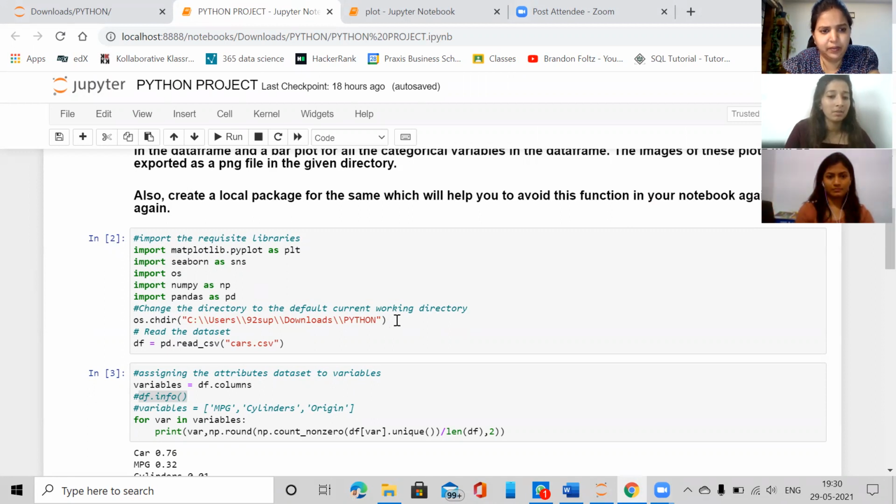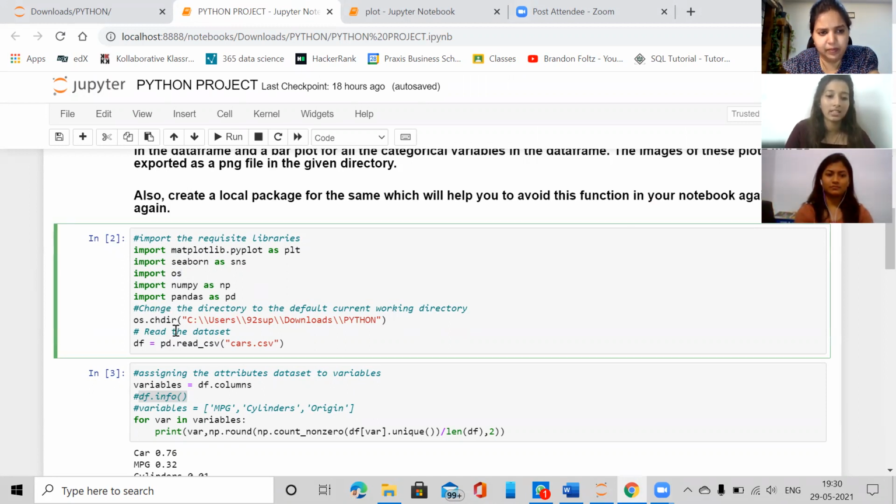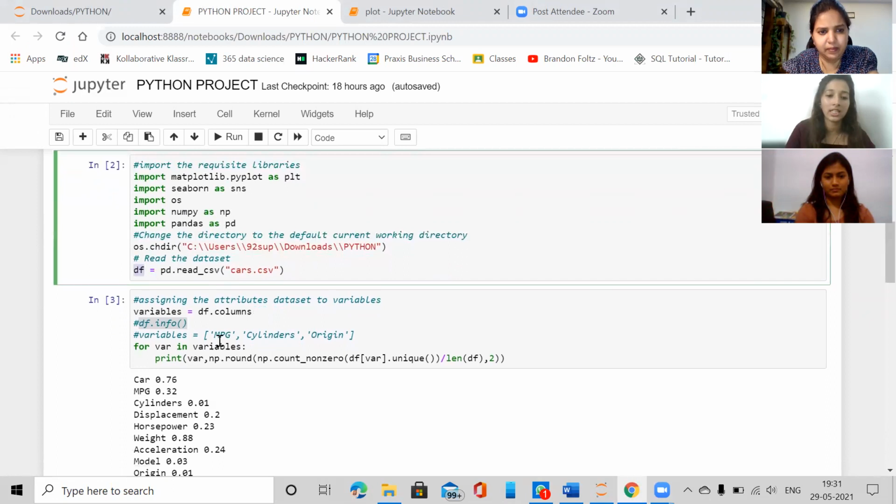We first change the directory to the current working directory using the package import os. Then we read the data set with the pandas package with the command pd.read_csv. This will store the whole data set in a variable called df, as you can see. So now the df variable has the whole cars data set.